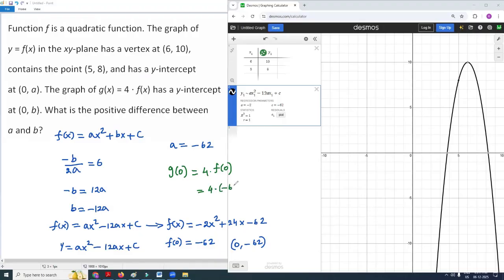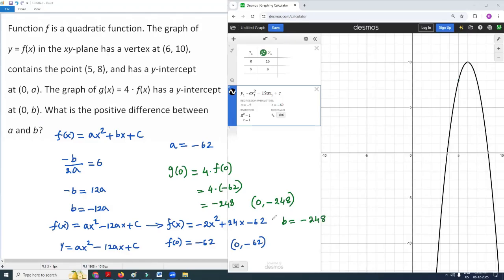That is 4 times -62, which is negative 248. So this is the y-coordinate of the y-intercept of g of x, and we can write the y-intercept as the point (0, -248). Already we have the y-intercept of g of x as (0, b). When I compare (0, b) and (0, -248), I am getting b equals negative